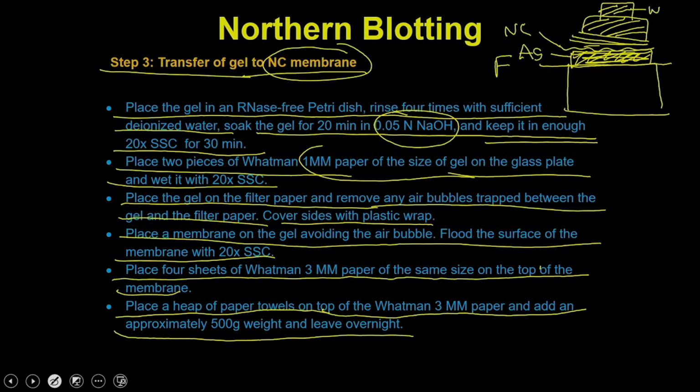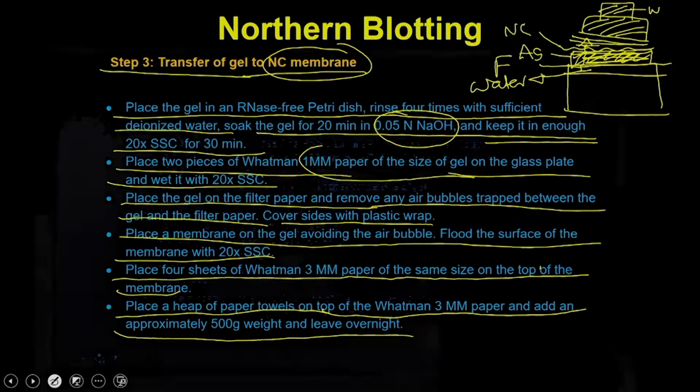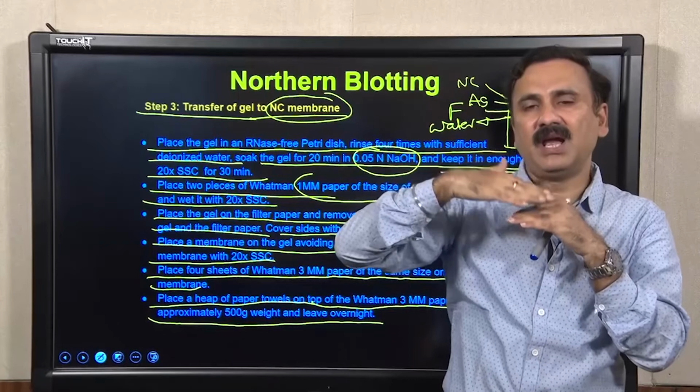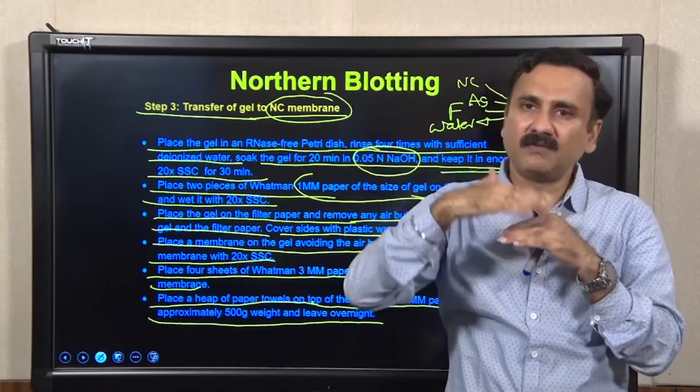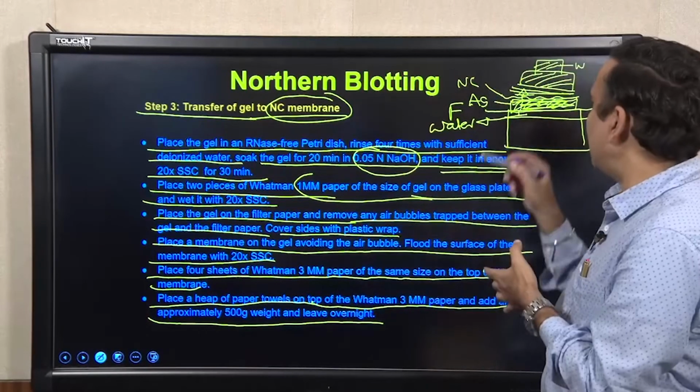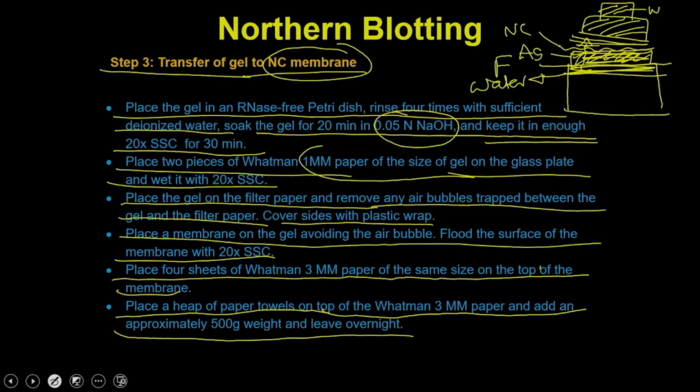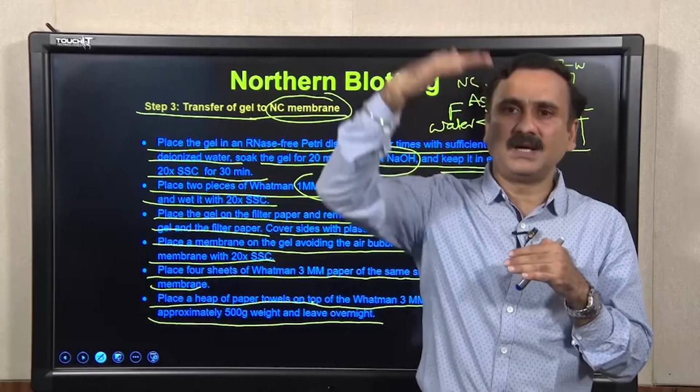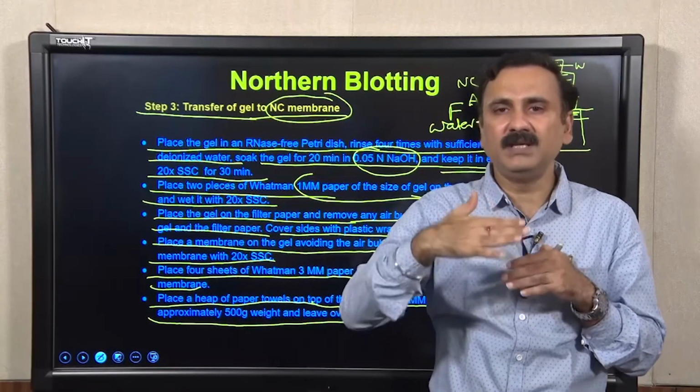So, what happens is that in this particular glass tray you are actually keeping a transfer buffer. So, you are keeping the buffer or the water, and because of that this buffer is going to go in the upward direction, because it is wet at the bottom and it is dry at the top. So, all these filter papers have capillary-like action. Because of that capillary-like action, these filter papers are going to start sucking the buffer you have added into this lower chamber, and while they are sucking the water,